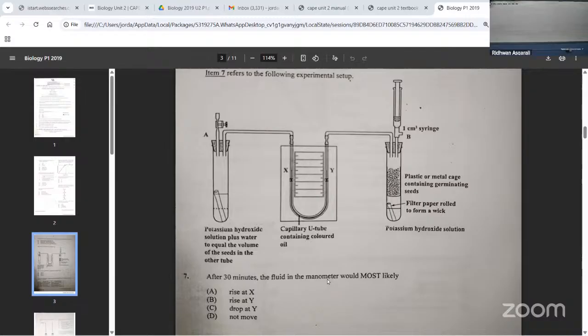What do you think would happen after 30 minutes to the fluid? So just remember,